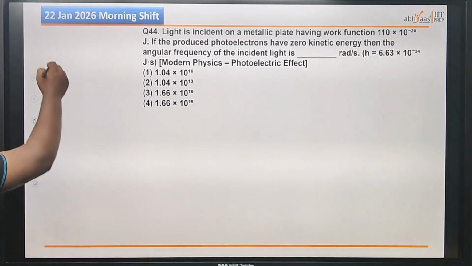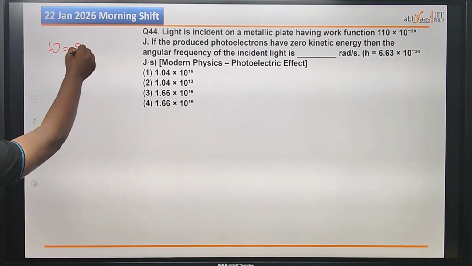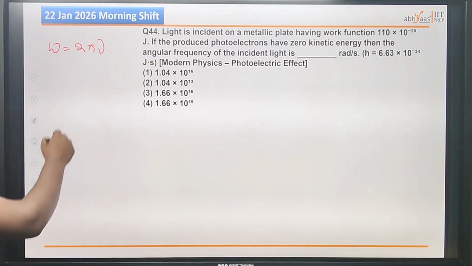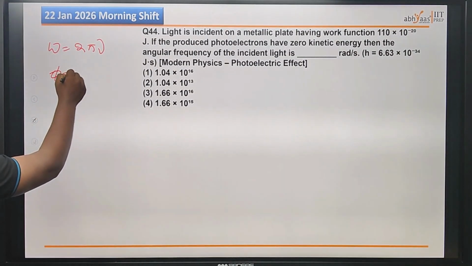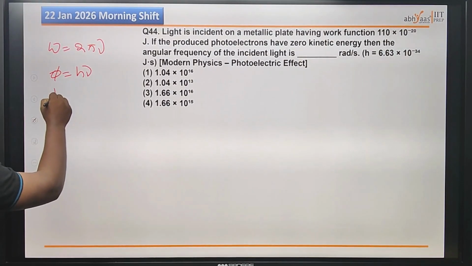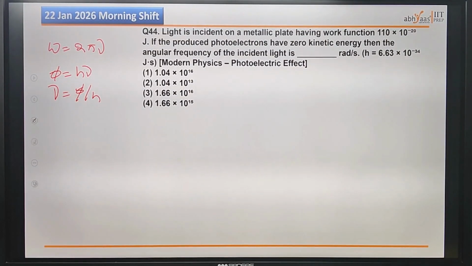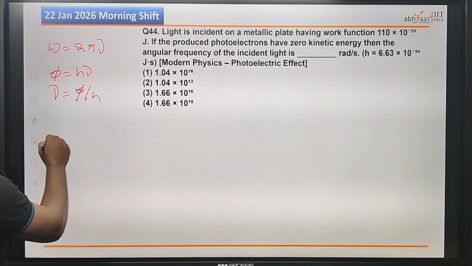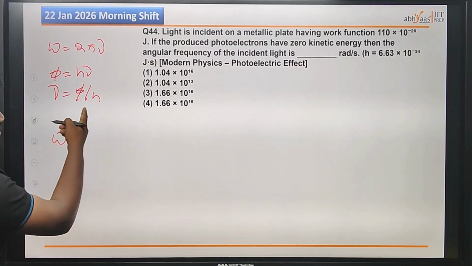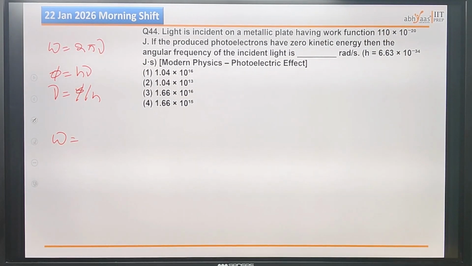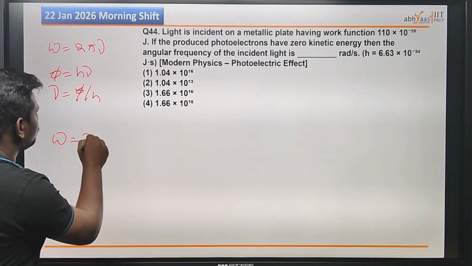So we know that omega equals 2 pi nu, where nu is the frequency. We know that the work function phi equals h nu. So from this, nu can be written as phi by h. So the angular frequency can be written as 2 into